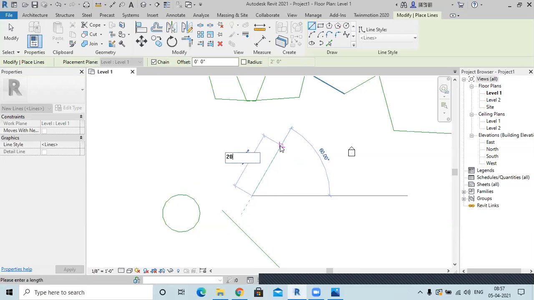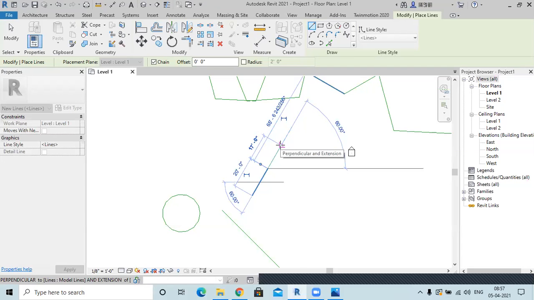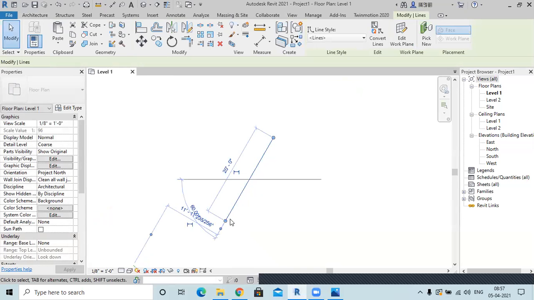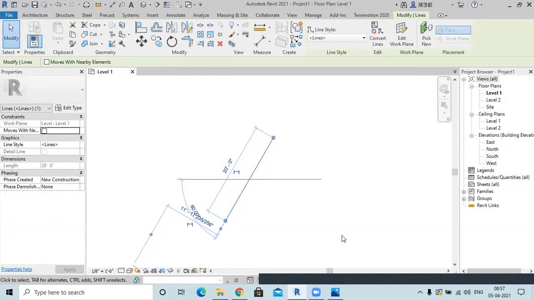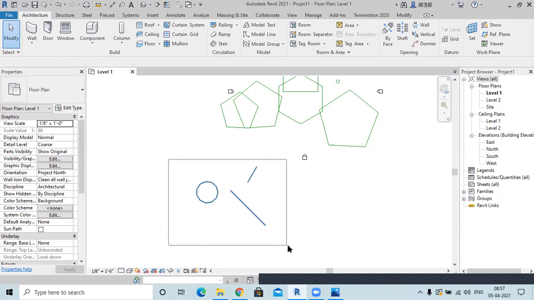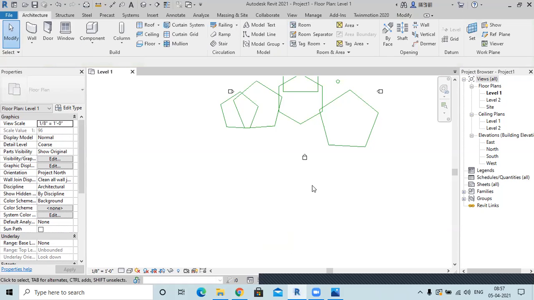So for example, 20, I want it to be 20 feet. I'll just write 20 and press enter. So now this line is 60 degrees from the horizontal and 20 feet long. Okay, so I hope you are getting all these things, because these are important.